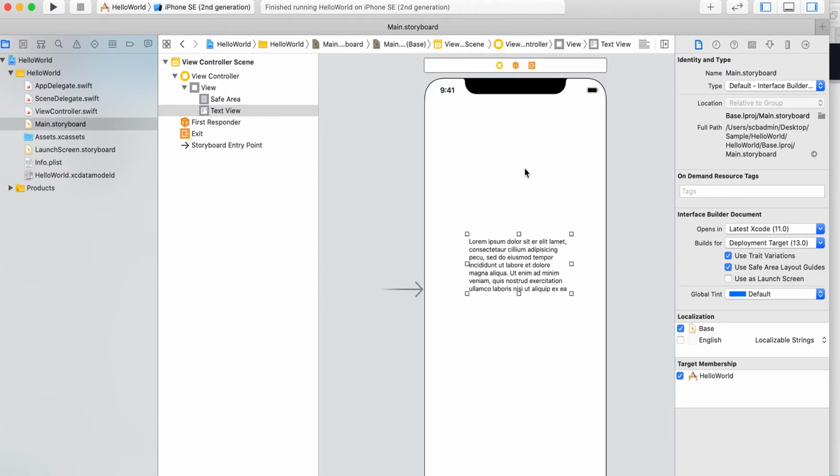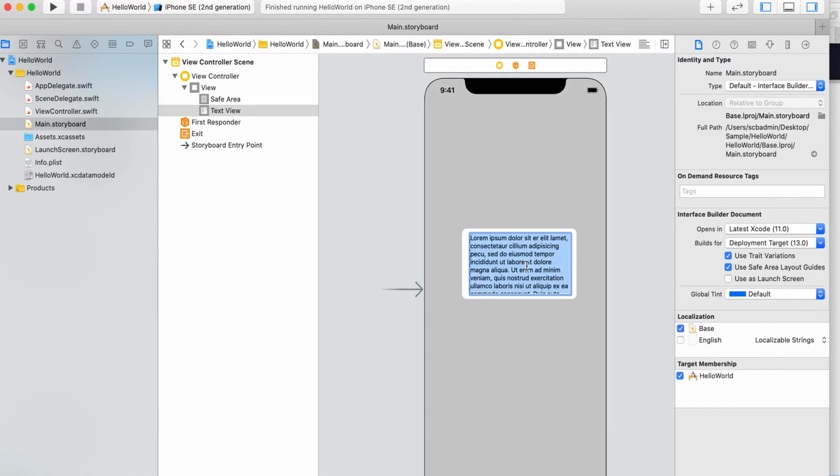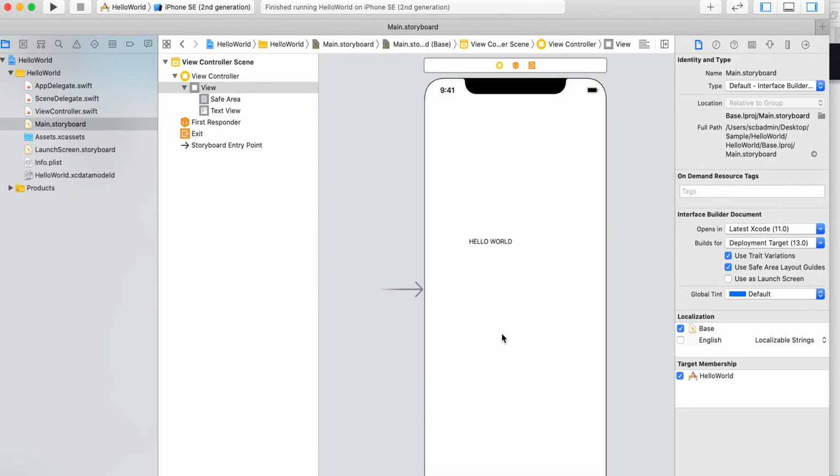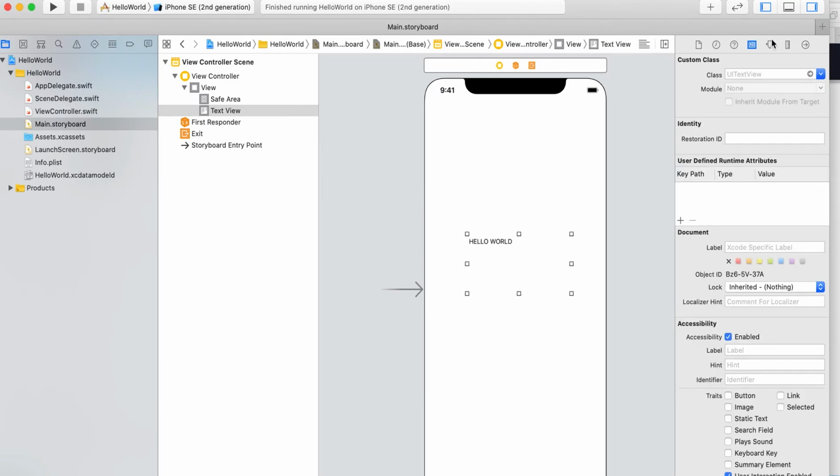So we will just drag and drop this. For alignment and screen size adjustments, we use the auto layout configuration in iOS, which I will tell you in another lecture. So we will edit this content and write hello world.